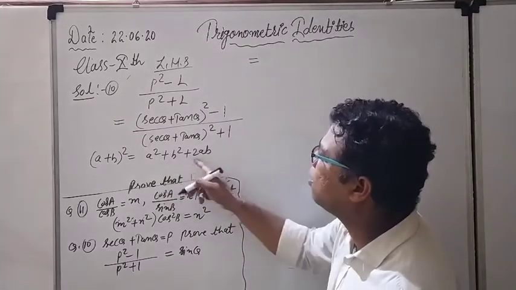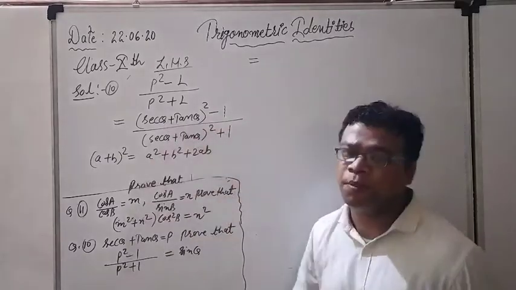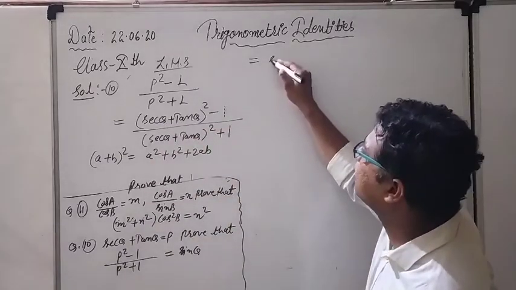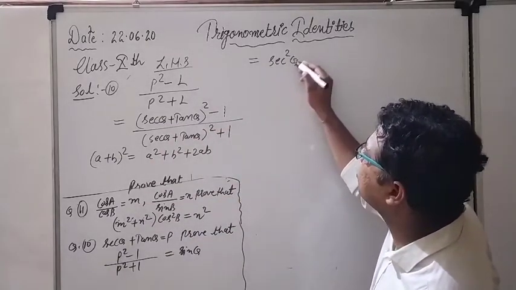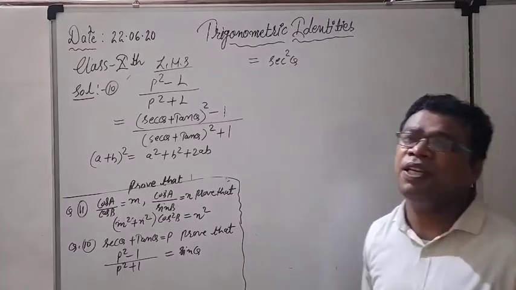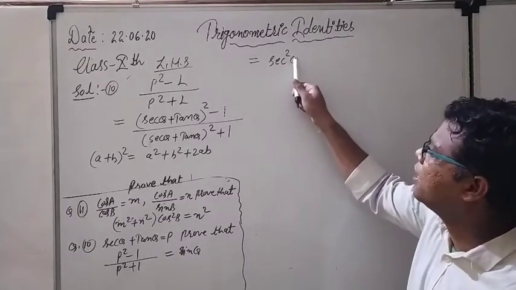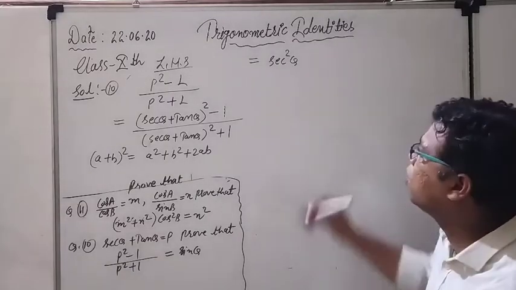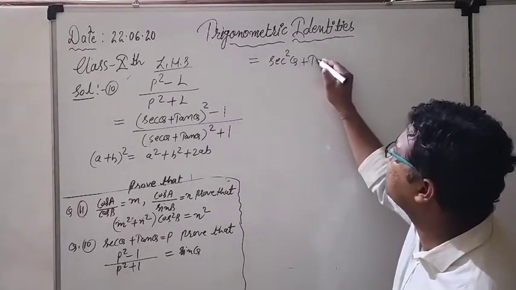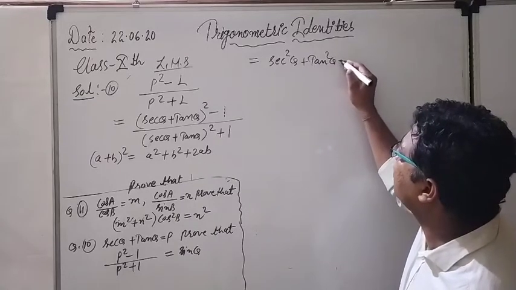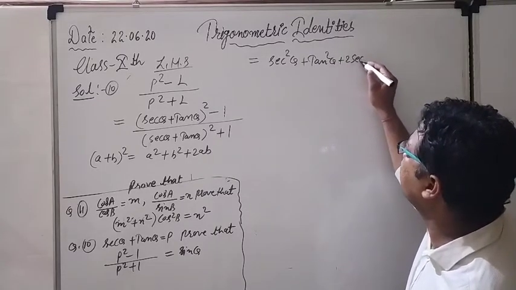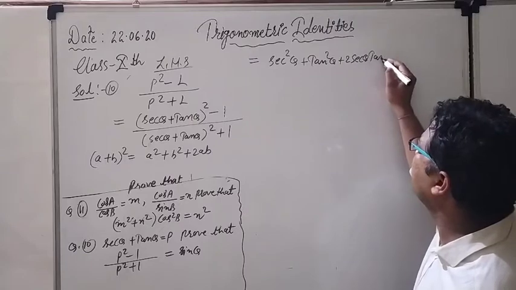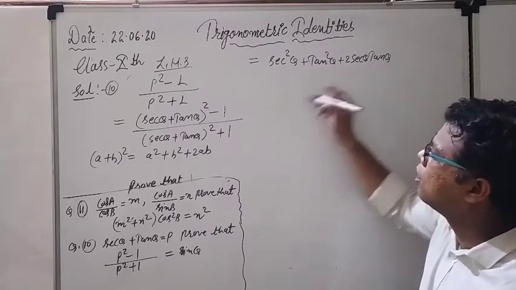So according to that formula, sec theta plus tan theta whole square can be written as sec square theta, because the square is always written between theta and sec, that is the format to represent sec square theta, plus tan square theta, and after that plus 2 sec theta tan theta, the multiplication of both, minus 1